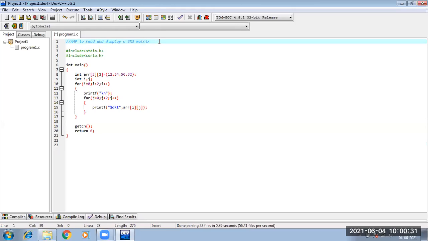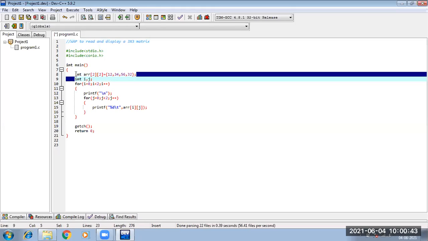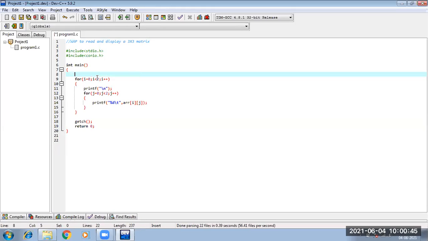Okay, so we will have to deal with this sort of thing. First I need to understand, since I will display a matrix, I will take the values from the users, right?